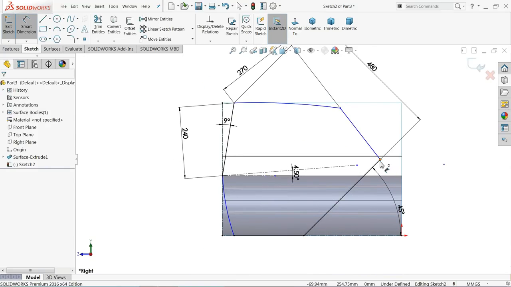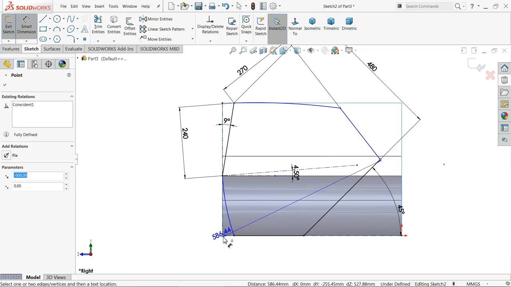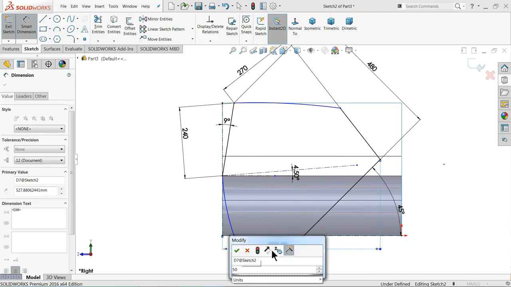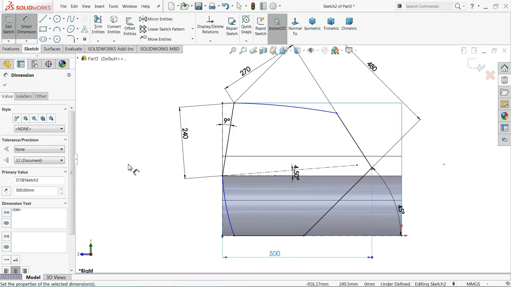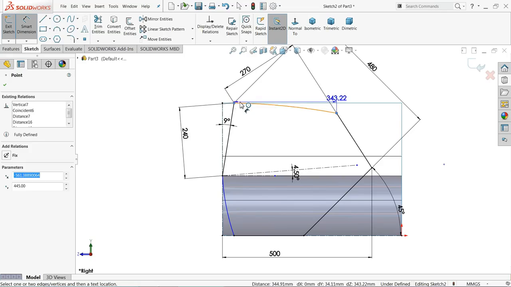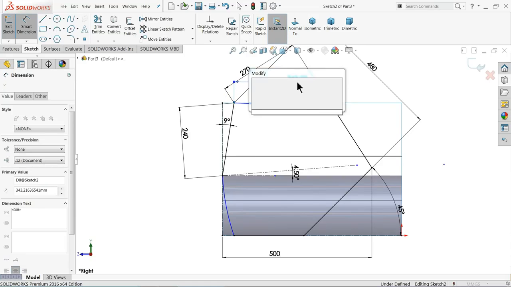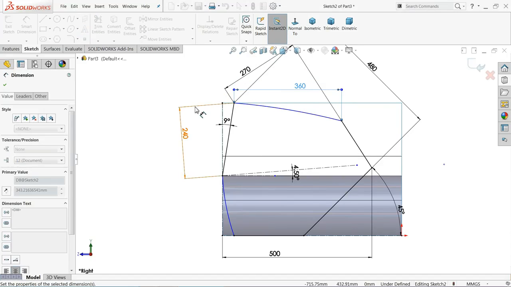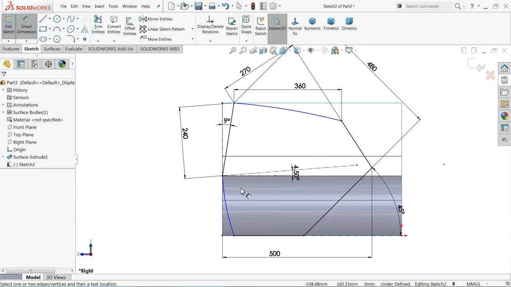What else balance? Select this point and the end point, 500 millimeter. Okay, now here's this 2 points, 360 millimeter. Now let me check what else balance here. We define this all points.